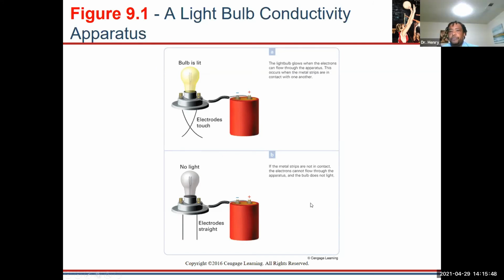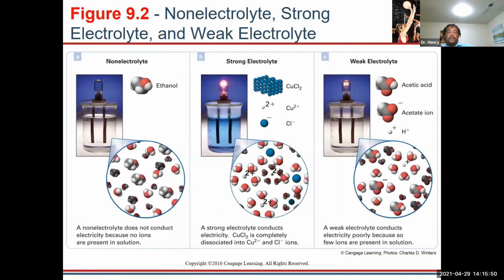So electrolytes are basically charged particles, right? So non-electrolytes don't have charge associated with them. For example, ethanol doesn't have a charge associated with it. It's neutral, so it's not able to conduct electricity. Water is not able to conduct electricity, okay? So you're not going to get light flowing through water or through ethanol. Now,